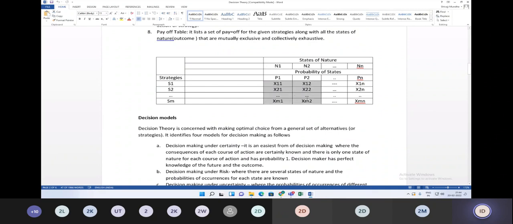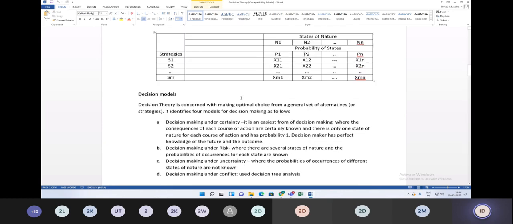This is the payoff or cost matrix. X11 will be the cost incurred while taking an S1 strategy decision for the N1 state, with P1 as the probability. Meaning, if an S1 strategy is selected in the case of X12 cost, P2 is the probability and the state is N2. That means there are multiple situations that arise: situation 1, situation 2, situation 3, and so on up to situation N. So out of N number of situations, which situation is to be applied in the case of a decision.